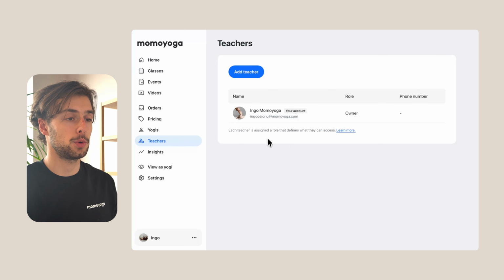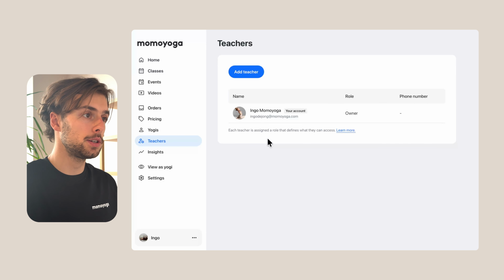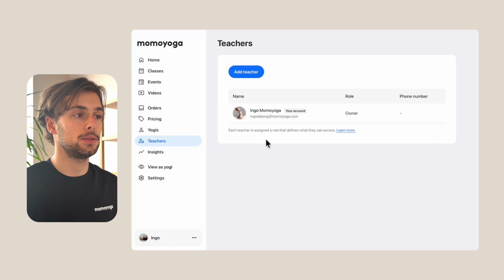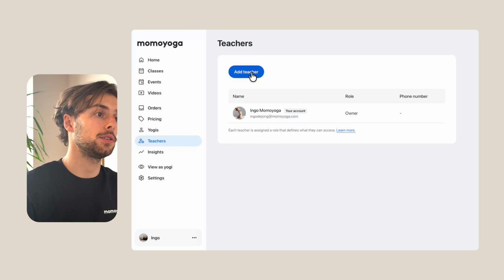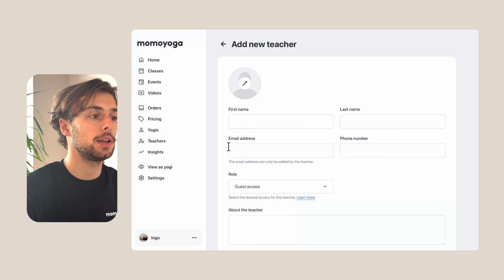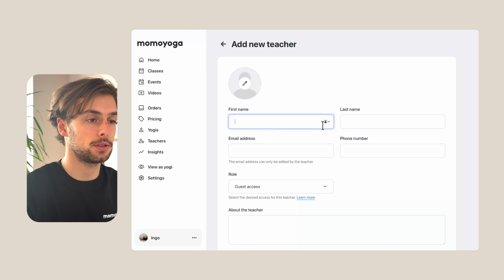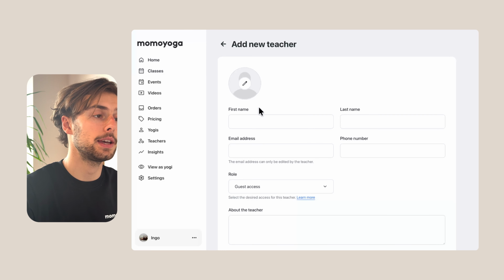When we come here, we'll be able to see all the different teachers, and we'll be able to add a teacher by clicking on the Add Teacher button here. And then we are able to fill in the details such as the teacher's first and last name, their email address, and a phone number. And I would stress and highly recommend adding a picture to your teacher profile,